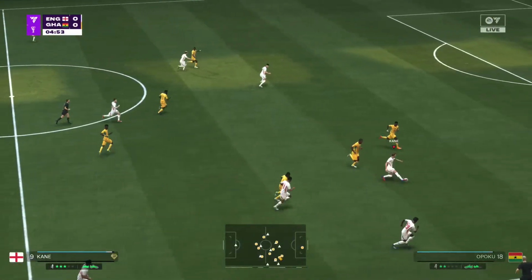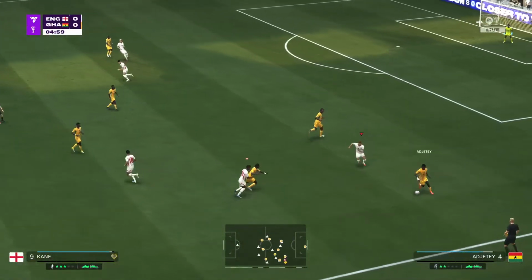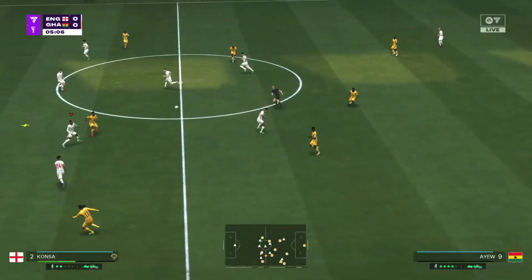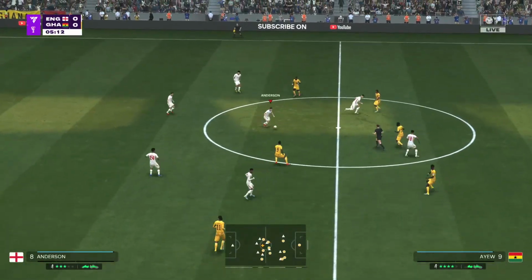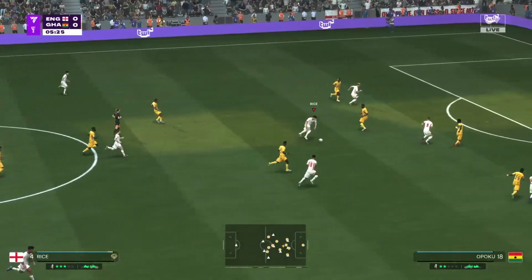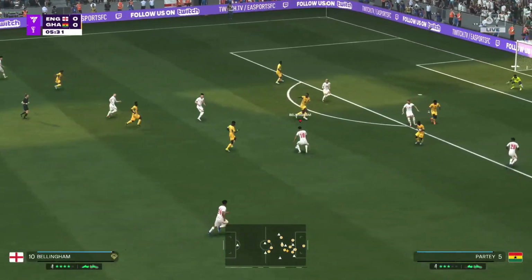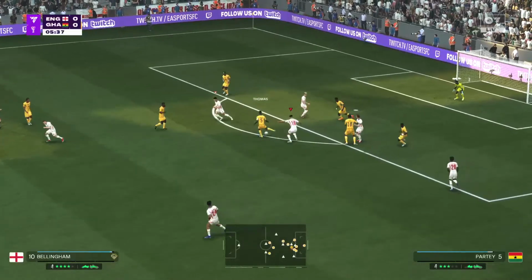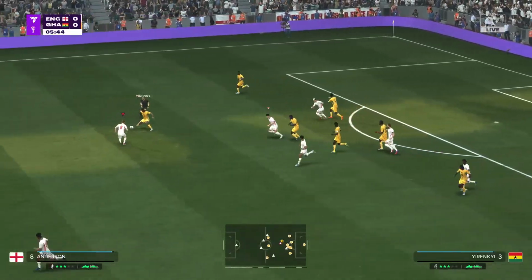Now Harry Kane. Well, that attack collapsed completely. Now options are plenty. And let's give credit to the defending.